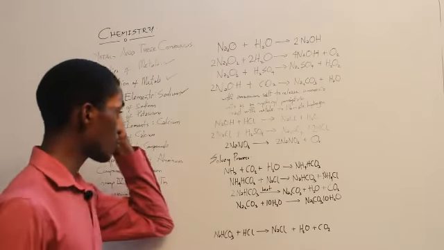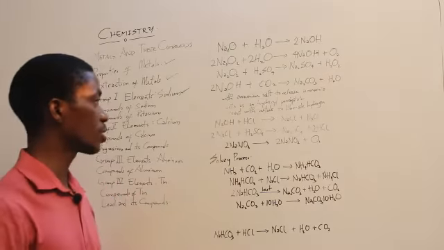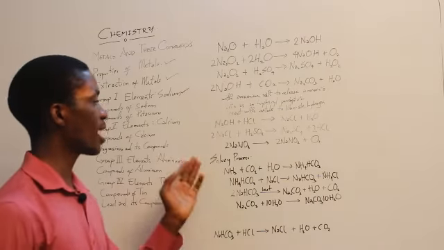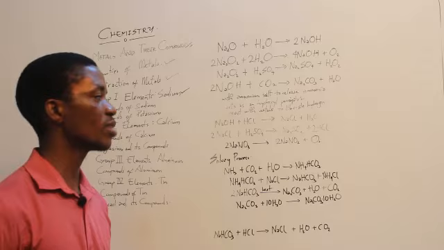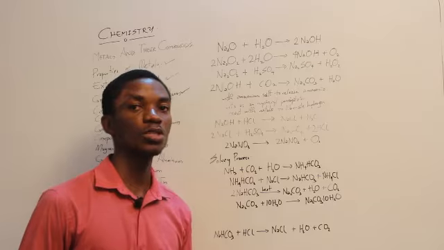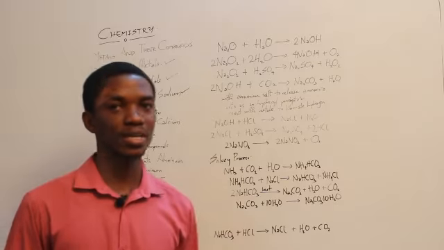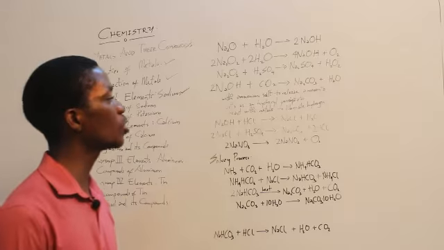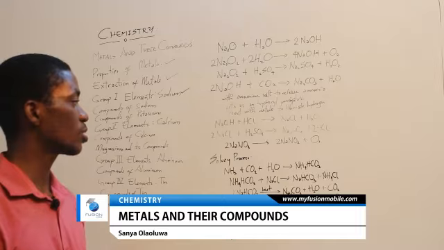Of course, let's quickly look at sodium tetraoxosulfate 6. Sodium tetraoxosulfate 6 is an important salt. It can be produced by reacting sodium chloride with tetraoxosulfate 6 acid. A displacement reaction would occur. Sodium tetraoxosulfate 6 will be produced, and HCl, that is hydrogen chloride gas, would be liberated. This particular salt is also used for making dyes and many other important substances.